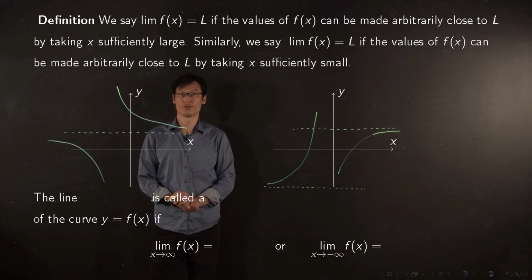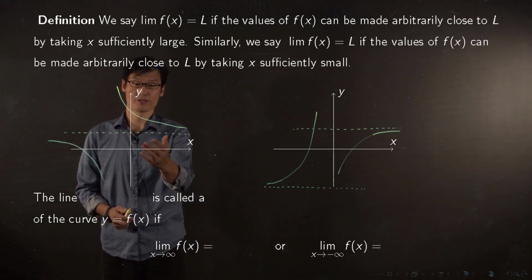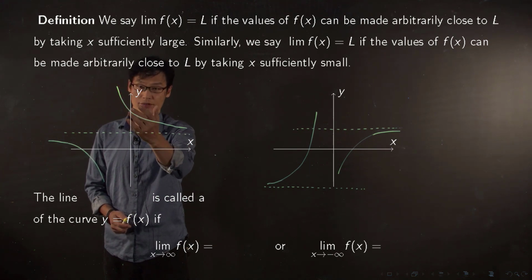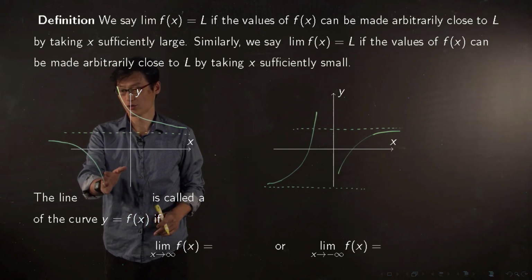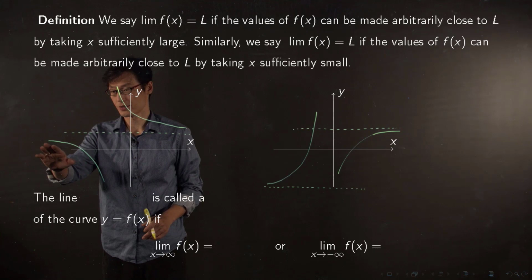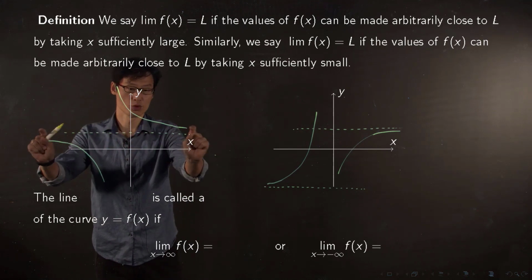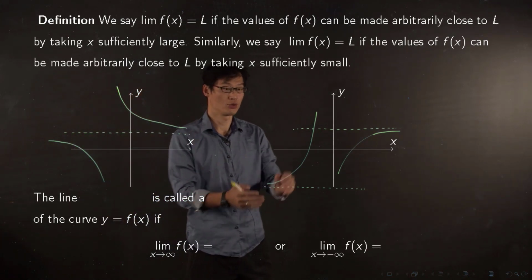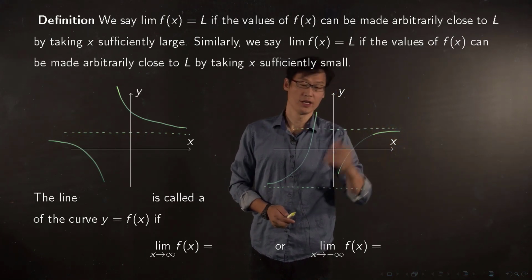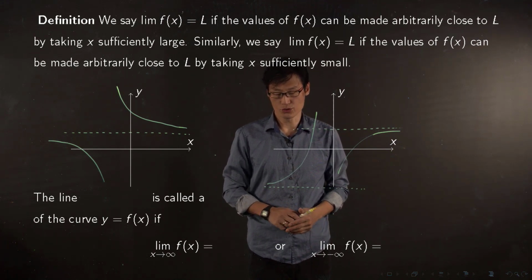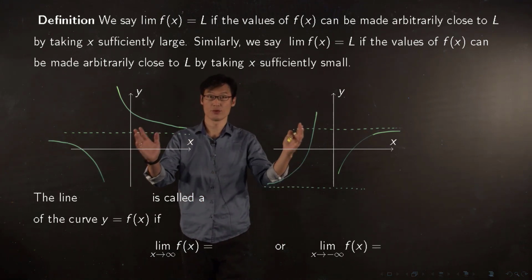Okay, here is the definition of limits at infinity. So look at those graphs. As x tends to infinity in the first graph, our graph is getting closer to this horizontal line. Similarly, as our x tends to negative infinity, our graph is getting closer to this straight line. So in this case, we have only one horizontal asymptote, but sometimes your function may have two horizontal asymptotes. So first horizontal asymptote as x tends to infinity, and the other horizontal asymptote as your x tends to negative infinity. So geometrically, this is what will happen when we talk about